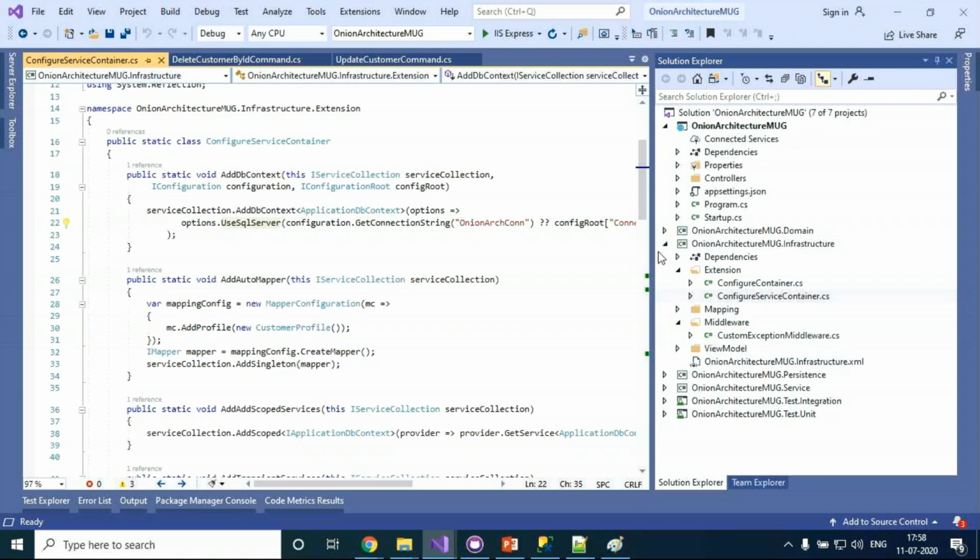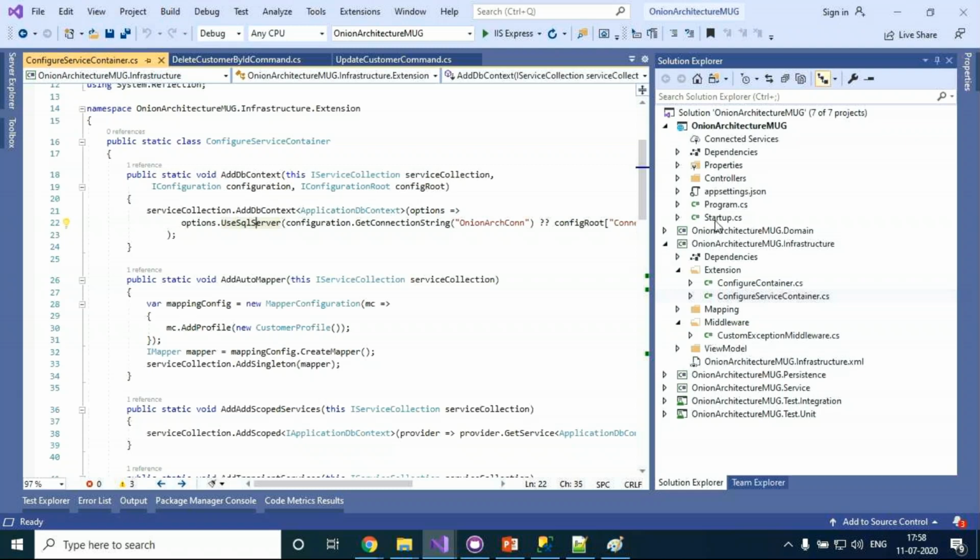So that's what I'm telling you. Whatever the third-party related stuff, whatever the configuration related stuff, don't mess up the code in your UI layer. The UI layer is only where you should call. What is the purpose? Abstraction. If you want to call, just call and get the data. That's it.